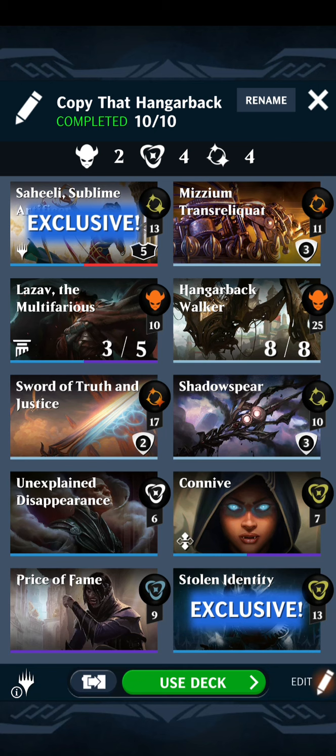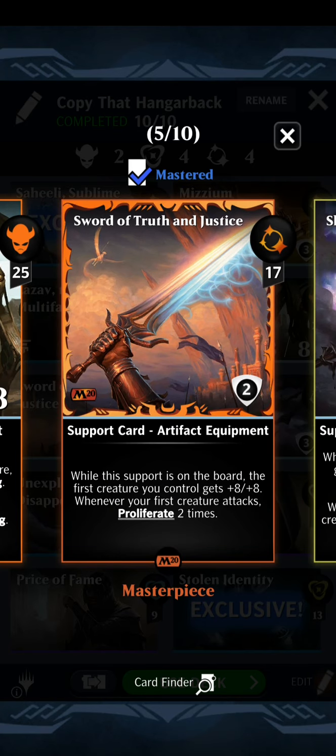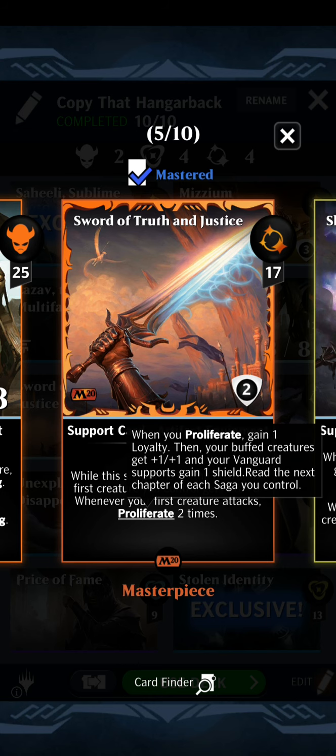But you have Sword of Truth and Justice here to keep the Vanguard shields up, because the Vanguard only goes -2. So every turn you'll proliferate twice and basically keep it even, as well as giving your first creature +8/+8. With Proliferate, you're going to gain 2 loyalty from this, buff +2/+2 on your first creature, and your Vanguards will